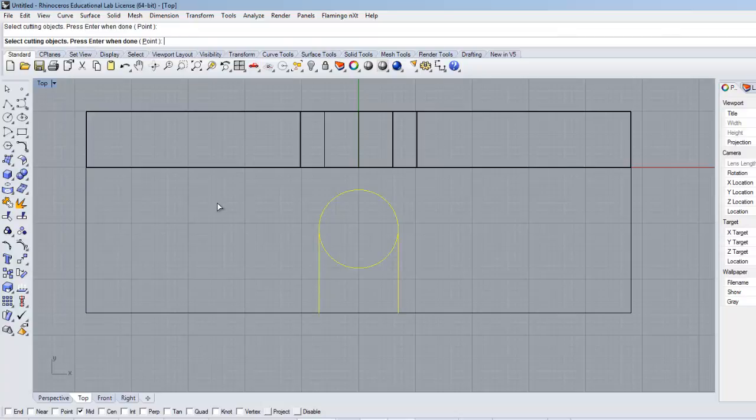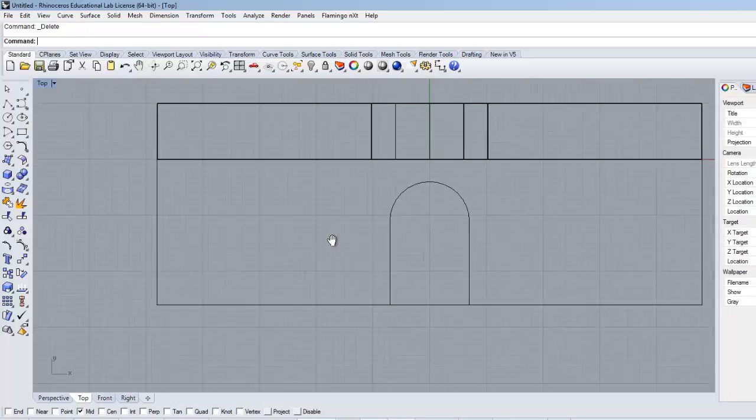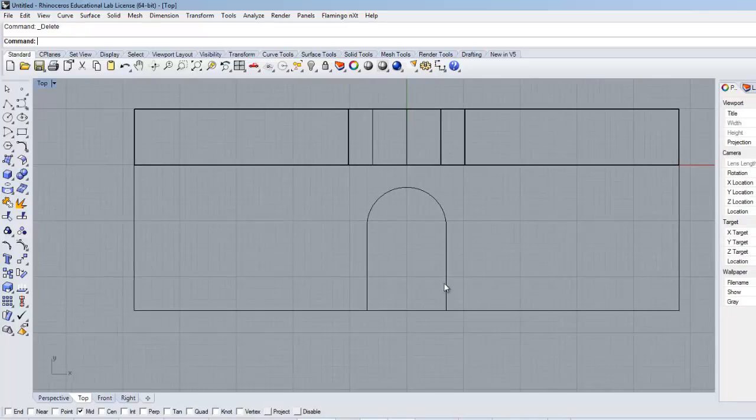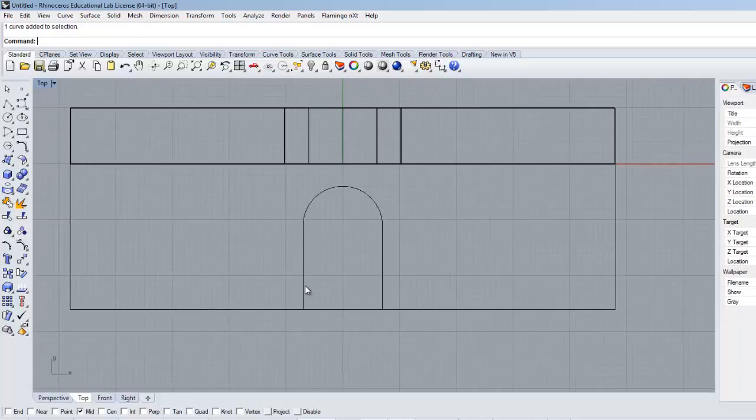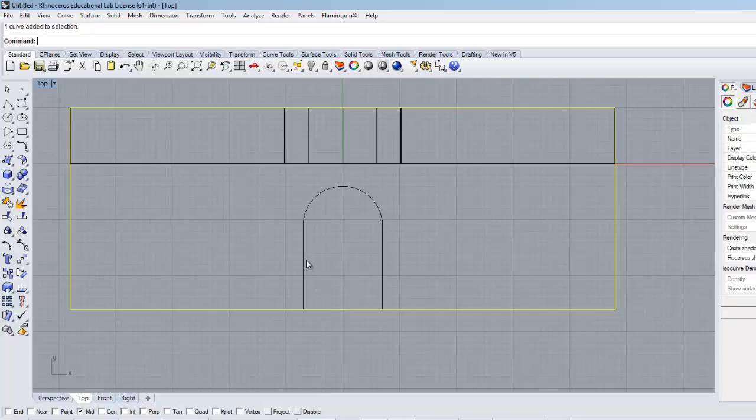Select cutting objects, then press enter. Now my circle is divided into 2. I'm going to erase the line that's on the bottom, and now I have this side. Okay? I have one thing missing though. In order to make this complete shape, I need a line in the bottom, and I don't have